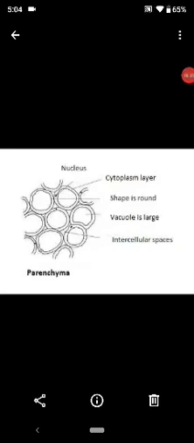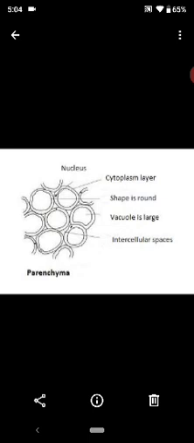The tissues that are completely grown and have lost the ability of division are known as permanent tissues. Meristematic tissues divide and differentiate to form permanent tissues. There are three types of permanent tissues, and these are simple permanent tissues because they are made up of a single type of cells. They have the same origin, structure and function.